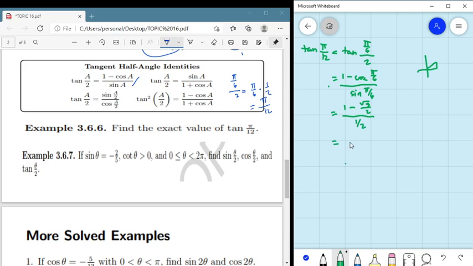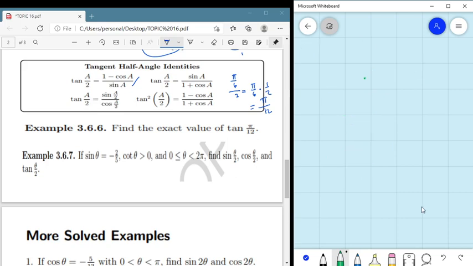So, the numerator can be simplified to 2 divided by 1 times 1 is 2 minus the square root of 3 times the reciprocal of 1/2, which is 2 over 1. So we can cancel the number 2. That's why our final answer would be 2 minus square root of 3. Okay, that is the answer for